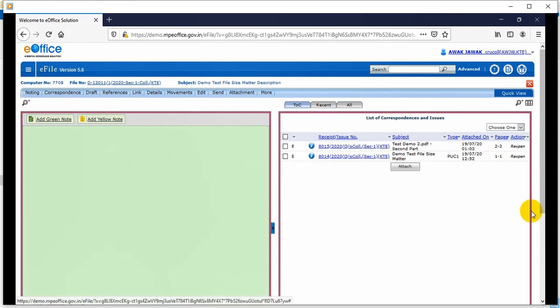Until communication has been started, we have that option. If a receipt is wrongly attached, then I can select all by selecting this checkbox above. So I will show once. I will select this checkbox, right? Both got selected. Or I can select anyone, then from the right side drop down box, the detach option is there to